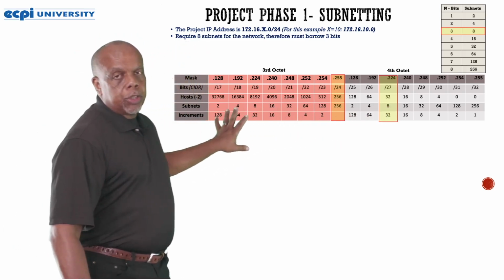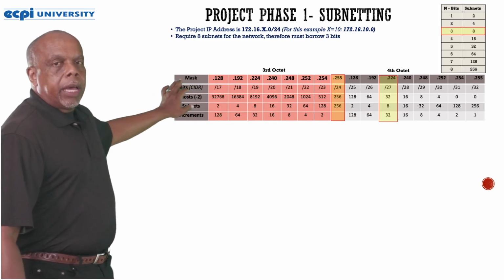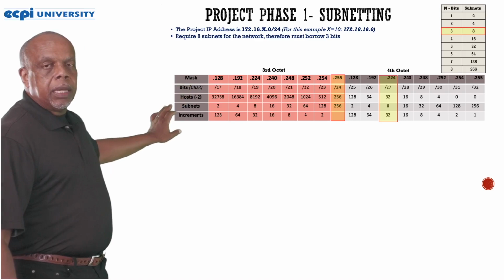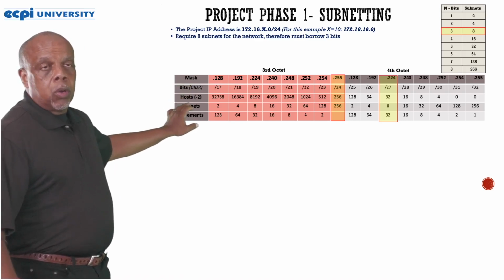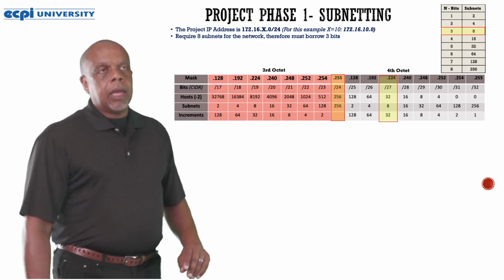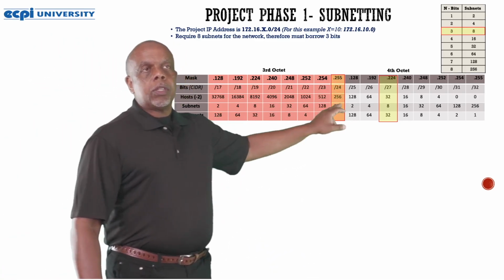So that's why I like showing this third octet. When I use this, what's this table really showing me? I can see my mask, what the CIDR is going to be, how many hosts, which is the total amount minus 2, how many subnets I get, and how it's incrementing. So if I look at this initially, I'm looking at this orange, which means that I have a